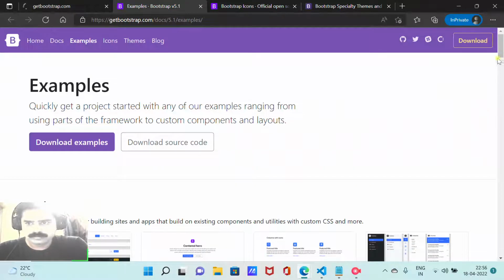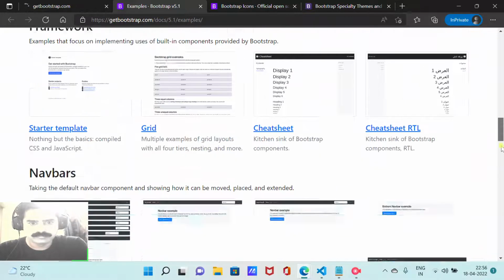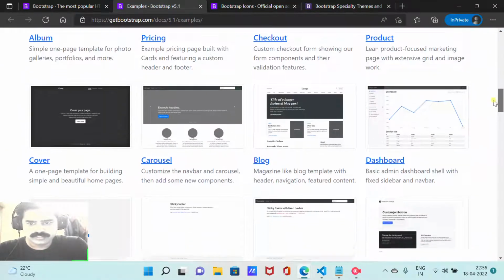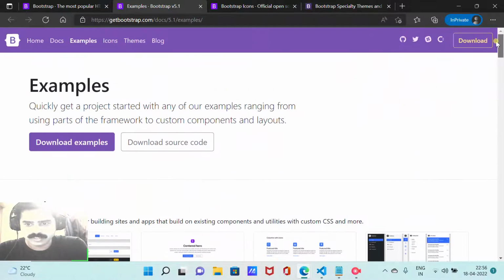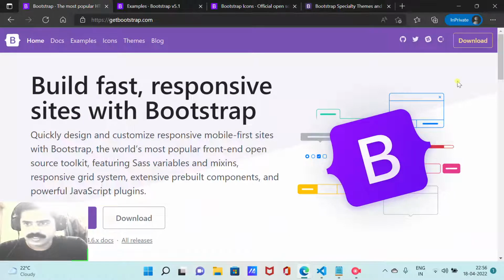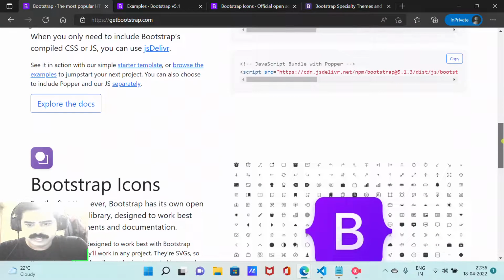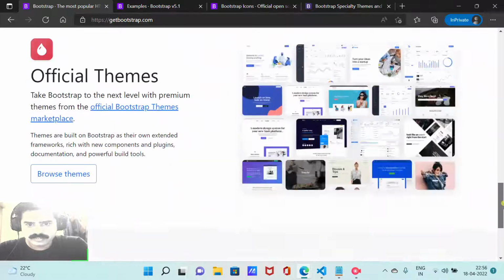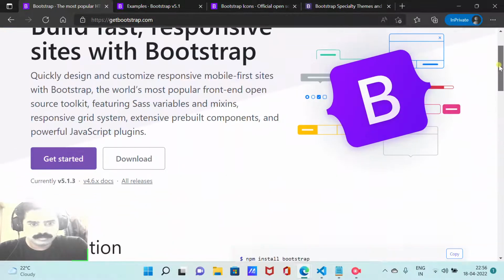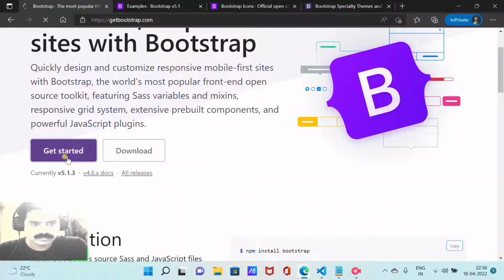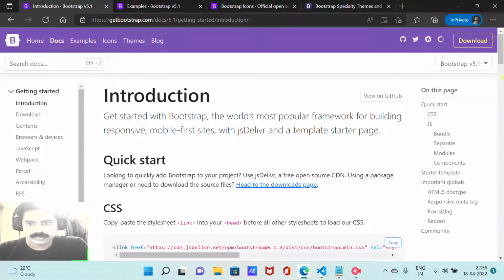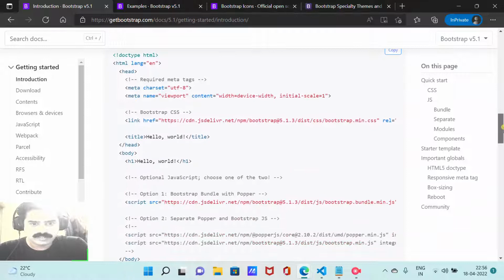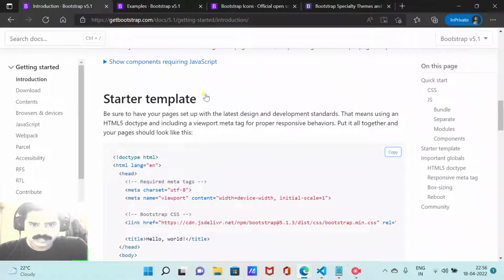So what is the alternative? Examples has a lot of features like how you can design sidebars, all these things. Okay, so yeah, it's up. What we'll do is we'll straight away jump into get started. Okay, so we will get started, and then it will jump into, okay, get started has this beautiful boilerplate